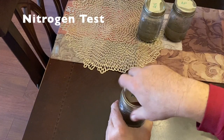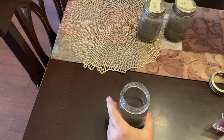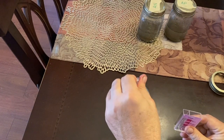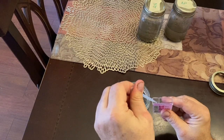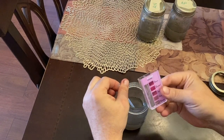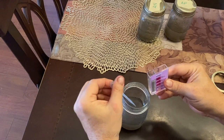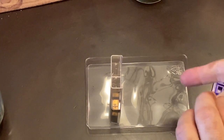Okay, so take off the lid and using the dropper, I'm going to fill up. It tells you to fill up both sides of the container. Once you put the capsule into the container, into the test kit, it says to let it sit for 10 minutes and no more. So again, try to open up this capsule